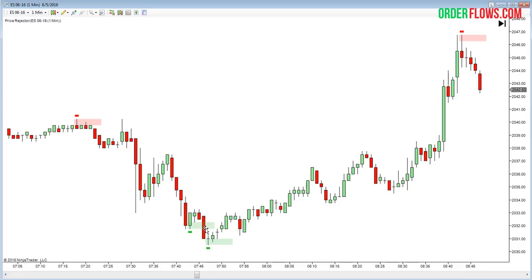Honestly, if you think every trade that is generated by this price rejector is going to be a winner, don't watch anymore, because there are going to be times when there are failures. You do get stopped out. Nothing is 100%, although some people like to think everything is 100%. You watch some videos, they only show you the winning trades. They don't show you the losing trades, but I'm trying to show you that sometimes the market struggles to find